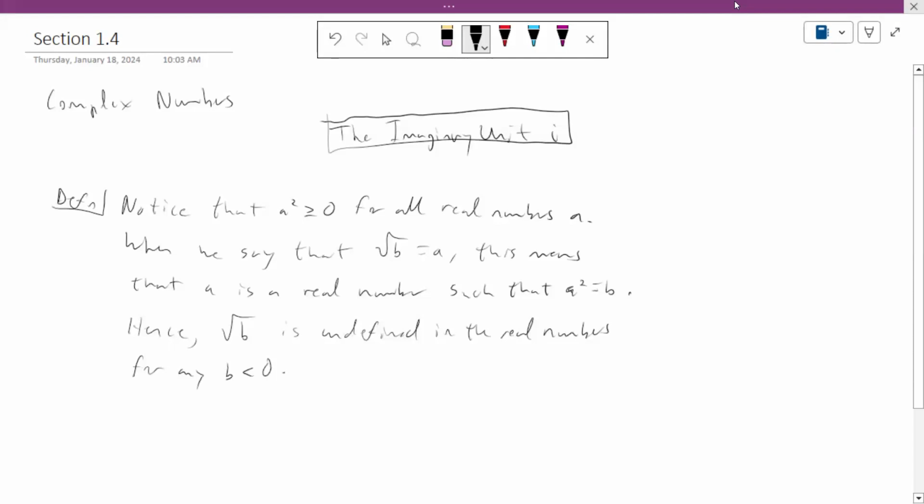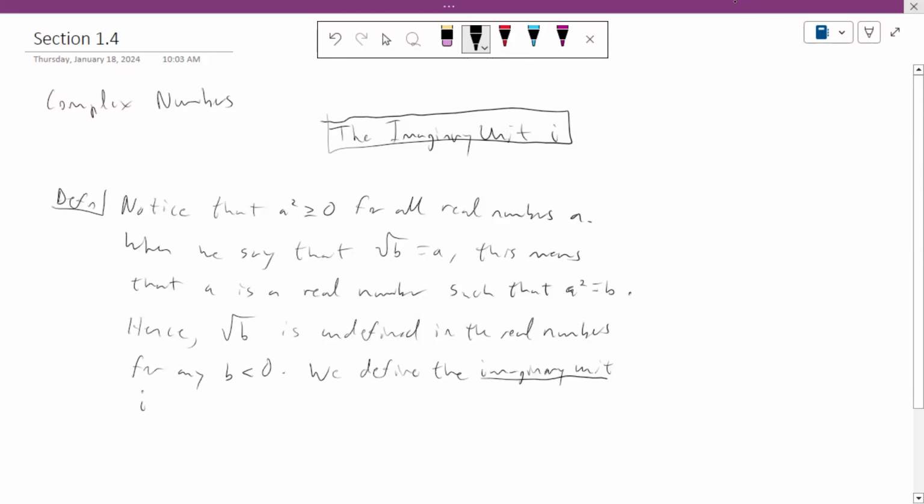Okay, so we can't take the square root of negative numbers. Well, it turns out we can take the square root of negative numbers. It just won't be a real number. So it's undefined in the real numbers, sure. So here's what we're going to do. We'll define the imaginary unit. Imaginary, I cannot spell today. Imaginary unit